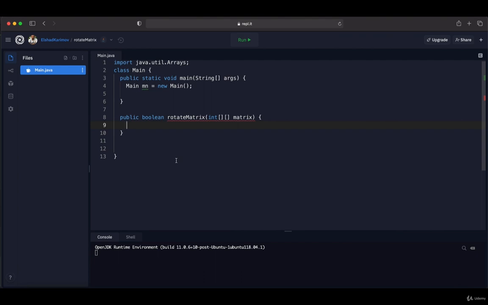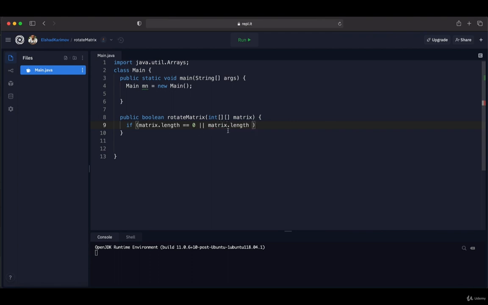number is not equal to the number of columns, then we are going to return false, because in this case our matrix is not an n×n matrix. We are also going to check another condition: if the number of rows is 0, we are going to return false as well, because if the number of rows is 0, we don't have any elements in this matrix. So I'm going to put an if condition like this: if matrix.length, which returns the number of rows, equals 0, or I'm going to put an or condition like this: matrix.length